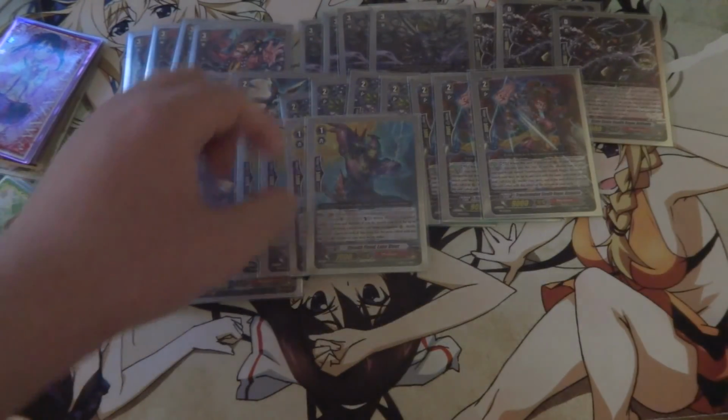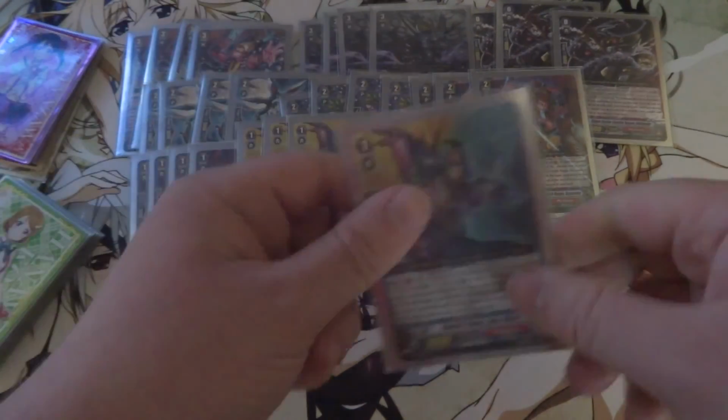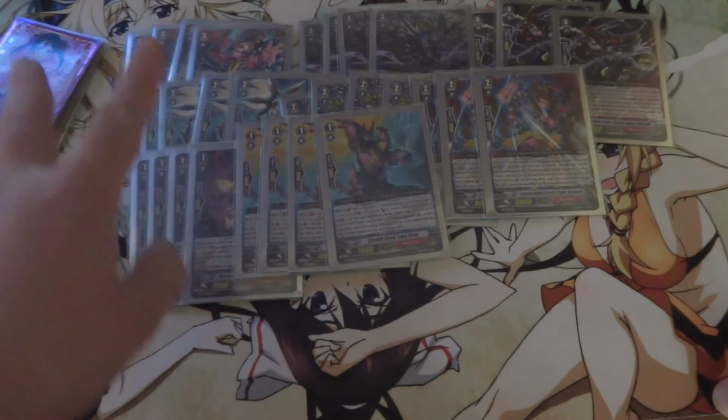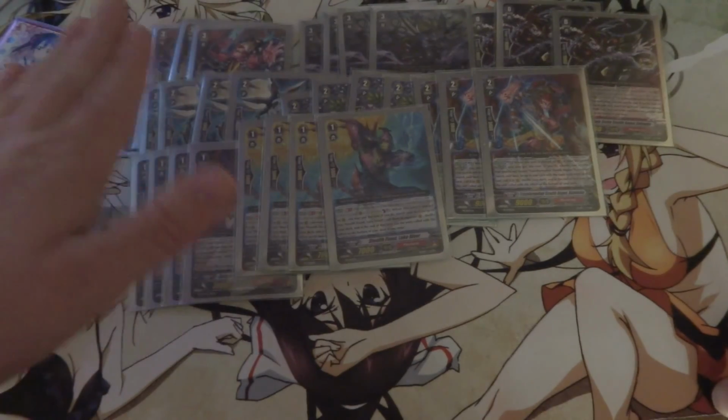4 of the promo, Stealth Fiend Lake Diver. Basically what this guy does is Generation Break 1, when you call him to rearguard, Counterblast 1 and call up to 2 copies of himself. So that gets you 3 copies for your